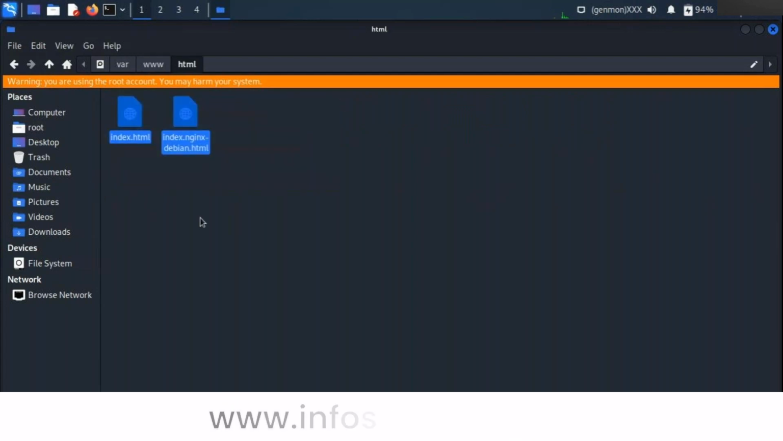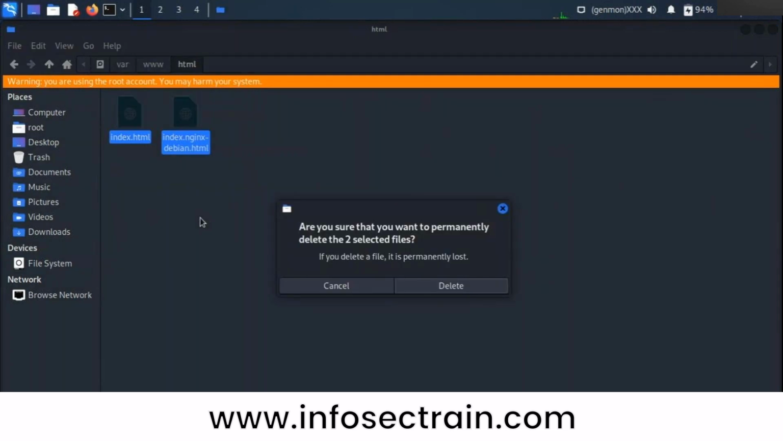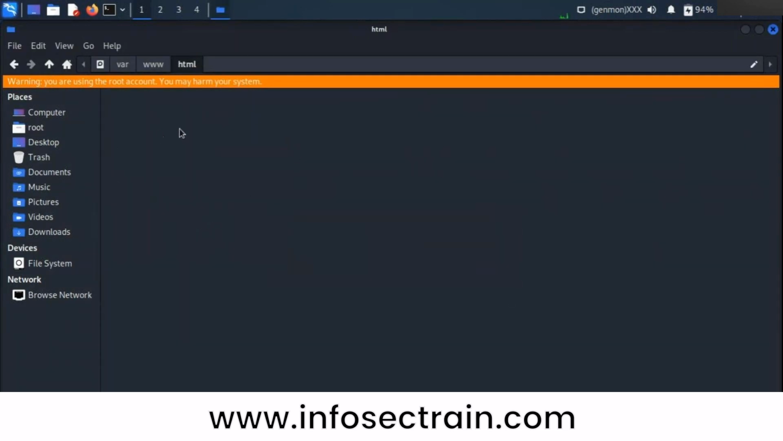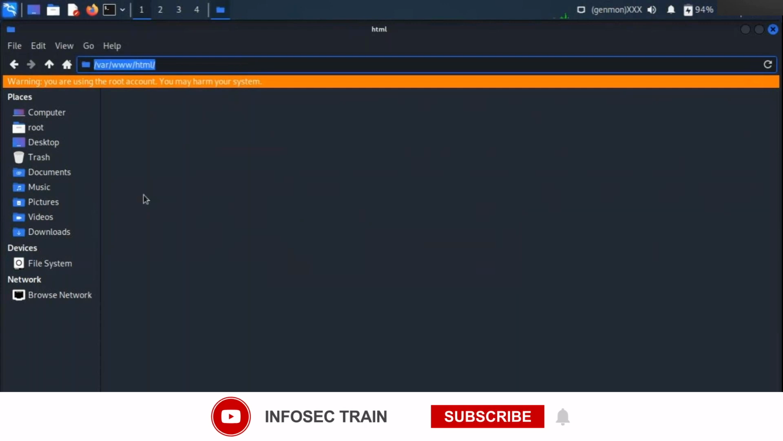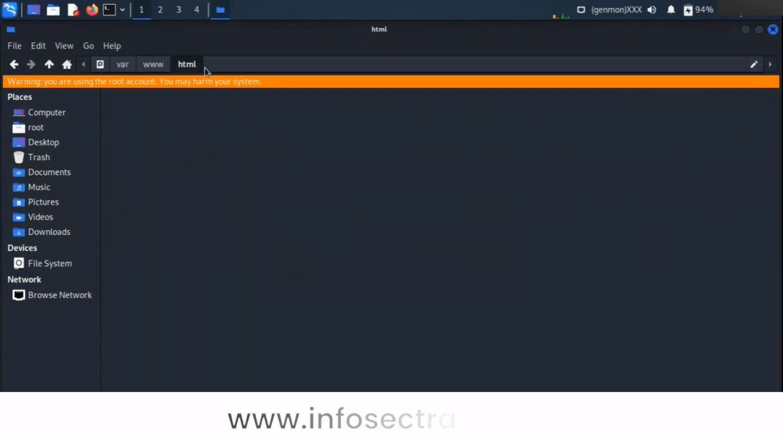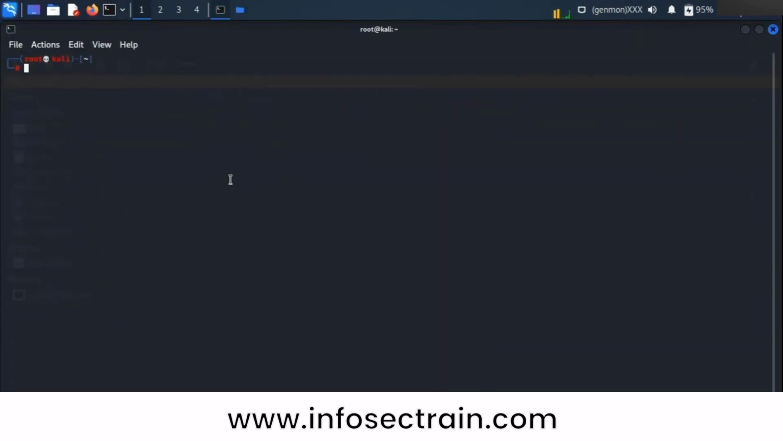Okay, I'm deleting these two default files. This is the location of the Apache server. If you place any folders and files here, then you can host the files using your Apache server. Here I'm giving the command